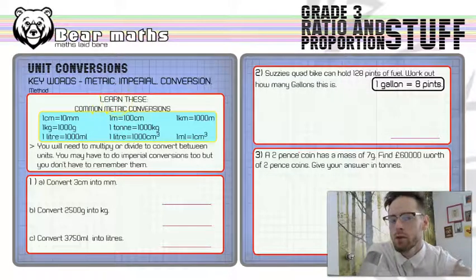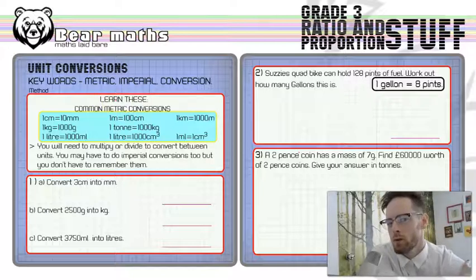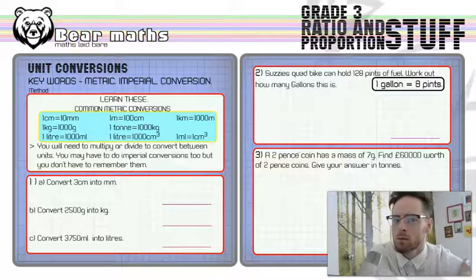This video is on unit conversions, and the keywords I've got for you in this one are metric, imperial and conversion. So metric and imperial refers to the systems in which we can measure things. And the metric system runs by powers of 10. You either multiply or divide by some power of 10, i.e. 10, 100, 1,000, etc. And the imperial system is the old style of measuring things, which is still kicking around in